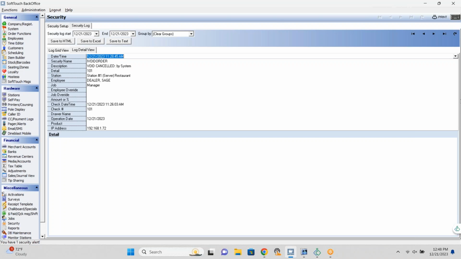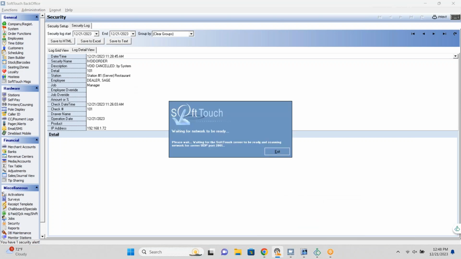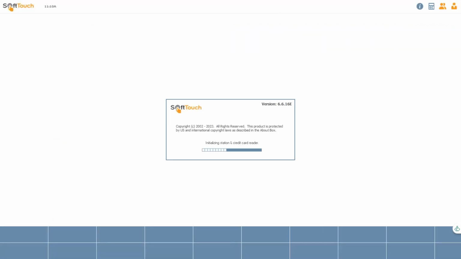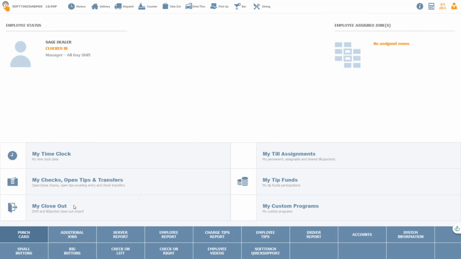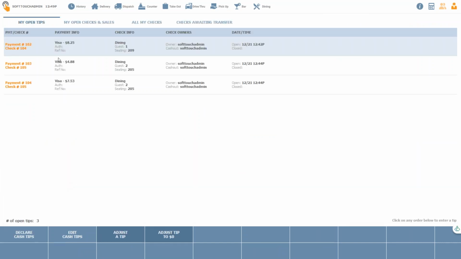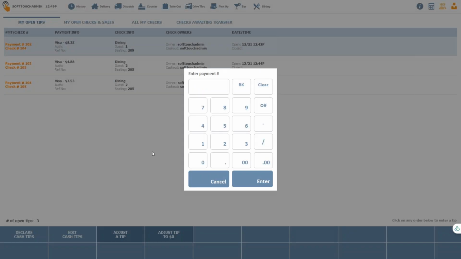Can you show us how to add a tip to those, like from the SoftTouch system? Or did you already shut it down? Yeah, but it's a 1 button open. I did close them out, but I didn't do her closeout. Those checks are probably still just sitting there. So here's her open tips. These are all the people that paid with card. And so I can adjust the tip on